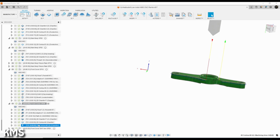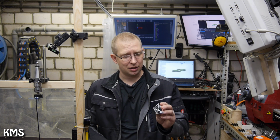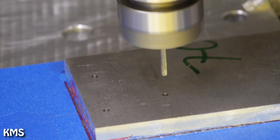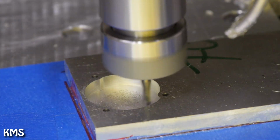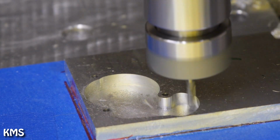So here again, nothing fancy. And now let's have a quick look at the time-lapse videos of each part, and I will highlight some other stuff there. Yeah, let's start with the backplate again. As I said, I'm holding the raw material with the so-called blue tape method. You basically put down blue tape, this is in my case Scotch 2090. You put it down on your machine bed,